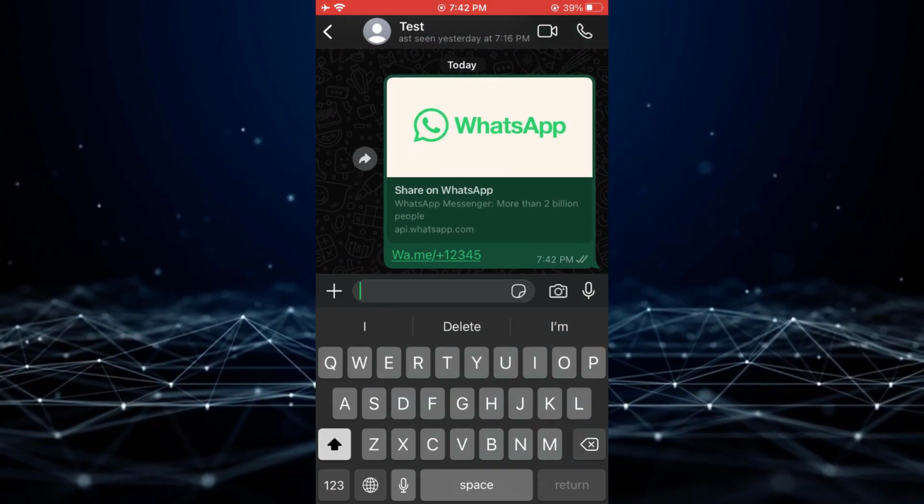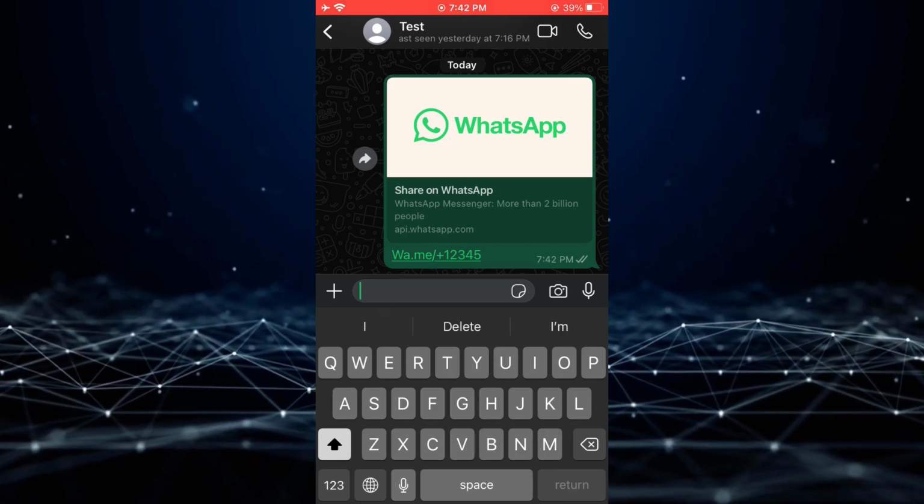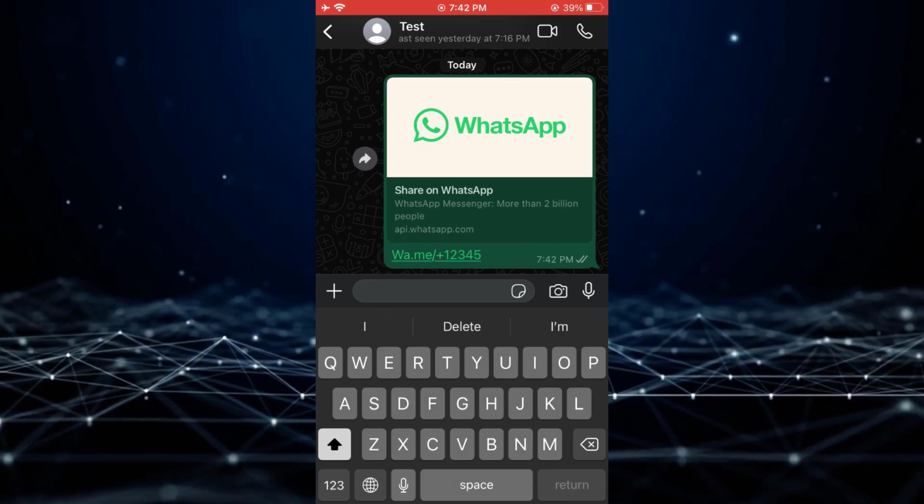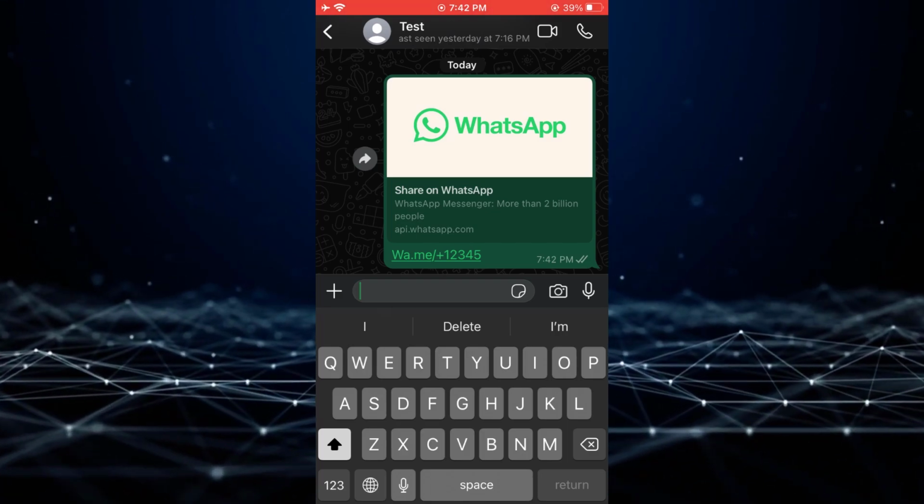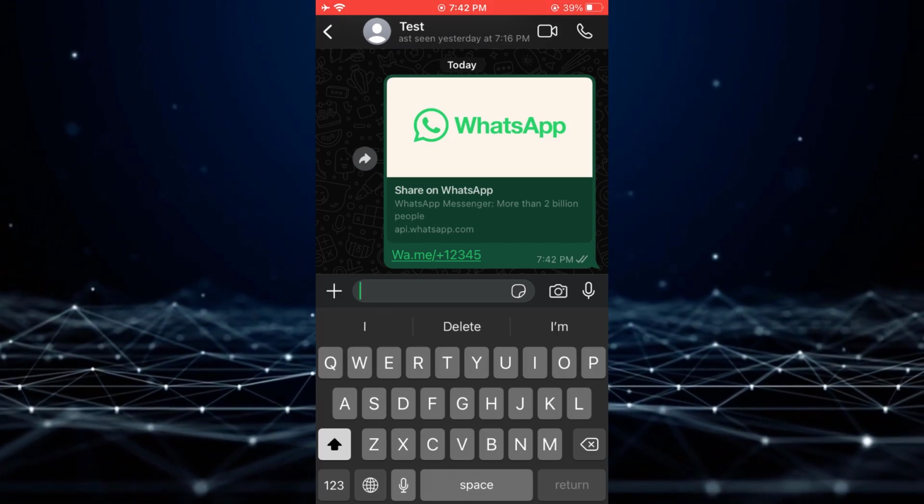This generated link will serve as your unique identifier. When the recipient opens the link, they will be directed to a conversation with you on WhatsApp, enabling them to send